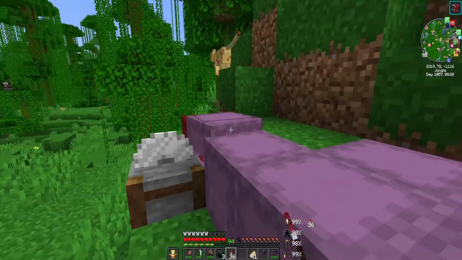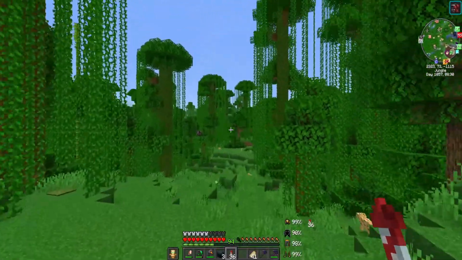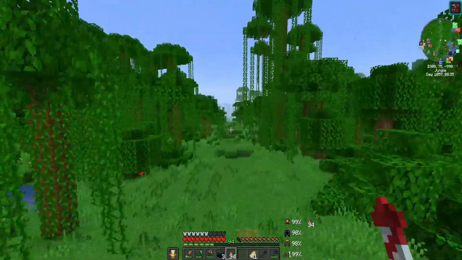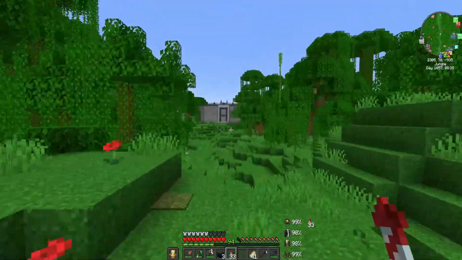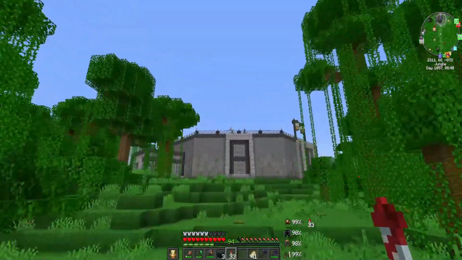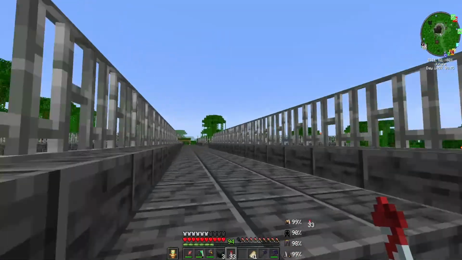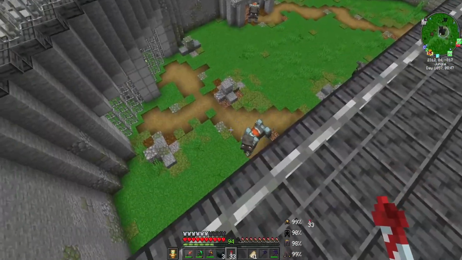And I've moved a bunch of the resources over here in order to carry on the pathway. This one then is going to lead and wind all the way down here. It's going to be quite a long pathway, and it goes all the way up to our Ravager enclosure, which is the octagon enclosure based on our...